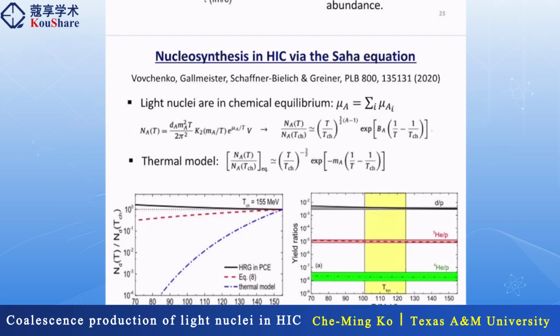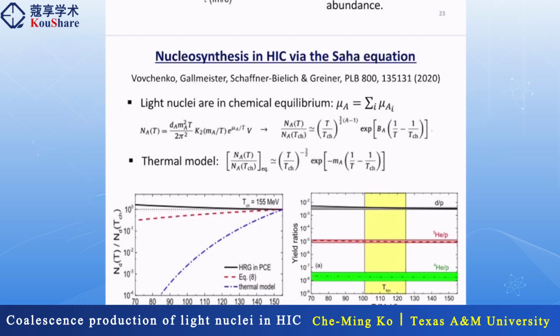If I do the thermal model, the kinetic result without chemical potentials or fugacity for all the nucleons, then the thermal model will underestimate. The only way is to give an additional fugacity for the proton and neutron in order to maintain the